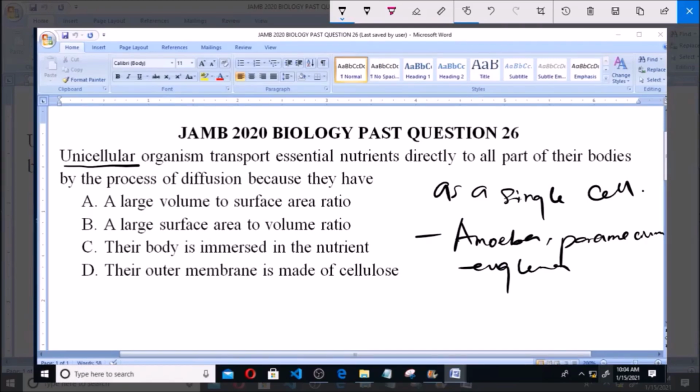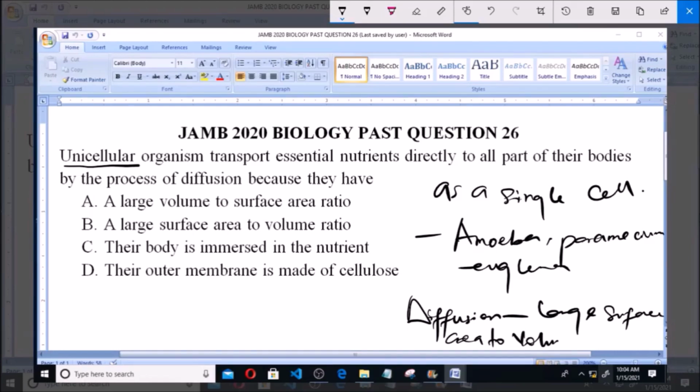Now, these organisms transport essential nutrients from the environment via diffusion. And like you know, diffusion simply refers to the movement of molecules from a region of higher concentration to a region of lower concentration. It is evenly distributed, so they gain nutrients. Now, because their own concentration is lower compared to that of the surrounding, they absorb these nutrients using diffusion, and this is made possible because of their large surface area